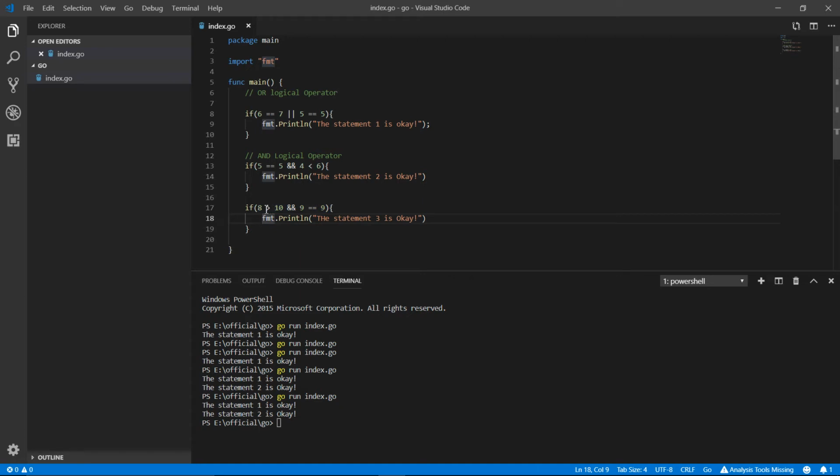So if I just make both of them true, like if I just do this one and save, and now I go here and run this, I'm going to get statements 1, 2 and 3, all of them are right. Now if I change the sign of this, remember both of the sides are right by now, but if I make it like that, save, go back there, and run this again,